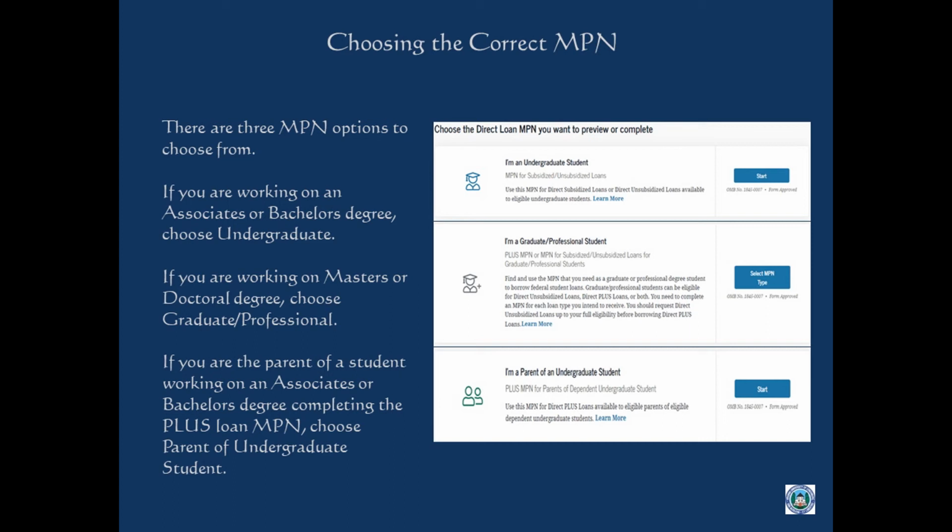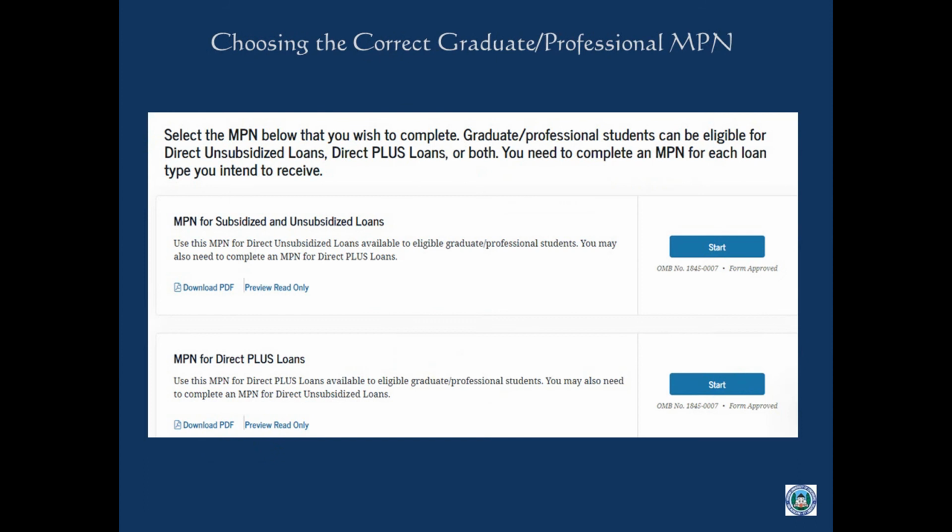If you are a master's or a doctoral student, go ahead and hit the Start button under Graduate Professional Student. If you are a graduate student, there are two MPN options for you. If you are using unsubsidized loans, you will hit the Start button under MPN for subsidized and unsubsidized loans, complete the information requested, read through the MPN information until you reach the Submit button, submit, and that will complete the